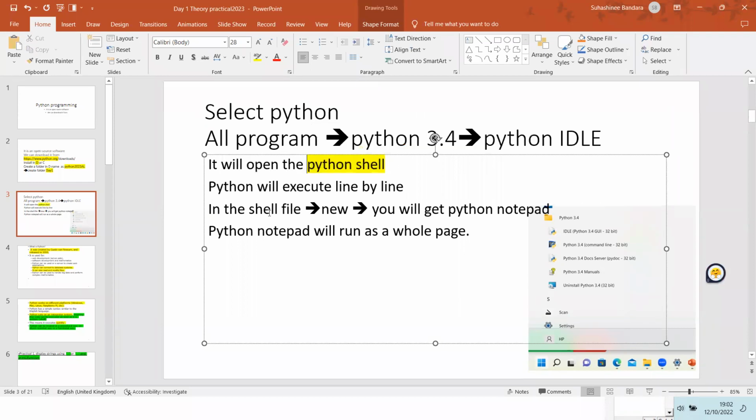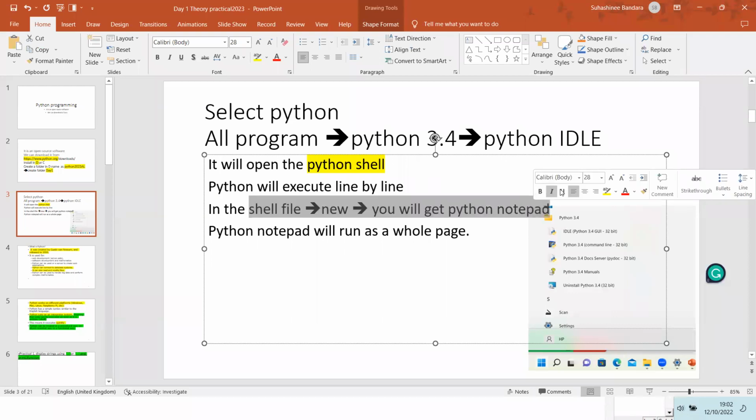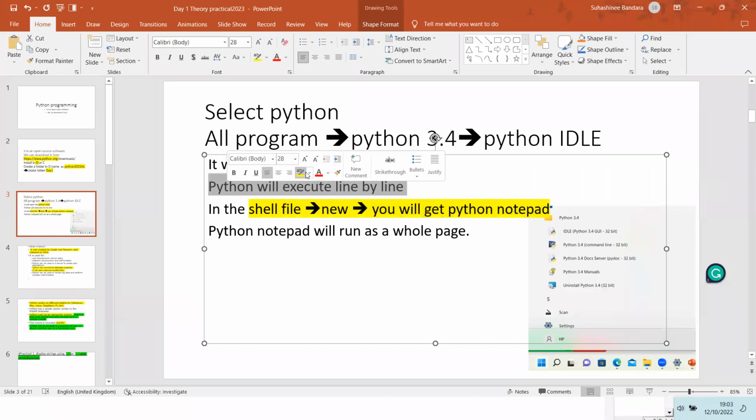That notepad we can get by moving to the shell, File, then New, then you will get the Python notepad. These are the two Python editing formats which are available with the software. So the Python notepad will run as a whole page, but the Python shell will run line by line.